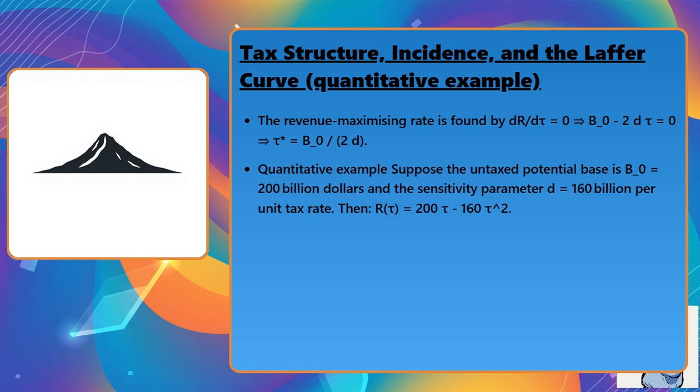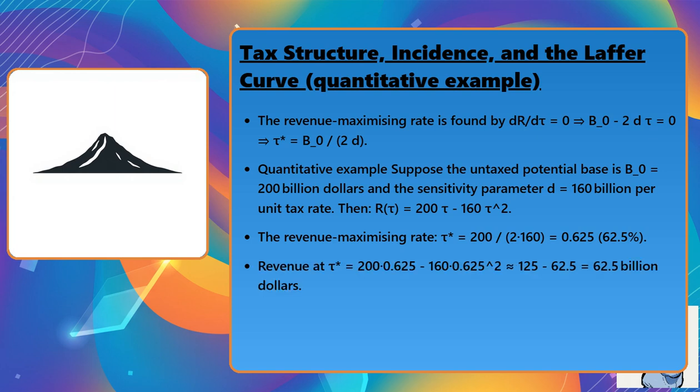Quantitative example. Suppose the untaxed potential base is B0 equal to $200 billion and the sensitivity parameter D equal to 160 billion per unit tax rate. Then revenue R of tau equals 200 tau minus 160 tau squared. The revenue maximizing rate, tau star, equals 200 divided by 2 times 160, which equals 0.625 or 62.5%. Revenue at tau star equals 200 times 0.625 minus 160 times 0.625 squared, which is approximately 125 minus 62.5 equals